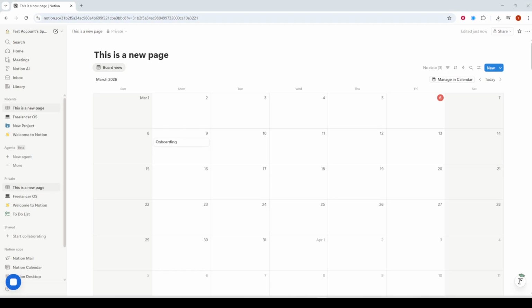In today's video, I'm going to teach you how to use Notion Calendar View. By the end, you'll know exactly how to add events quickly and confidently so your calendar stays clear and up to date. Once you're looking at your Notion Calendar View, the fastest way to create a new event is to